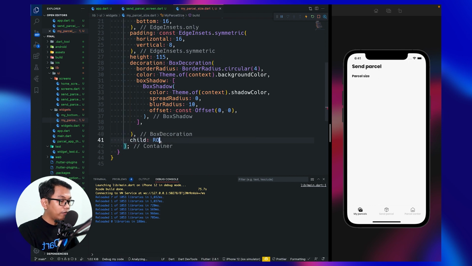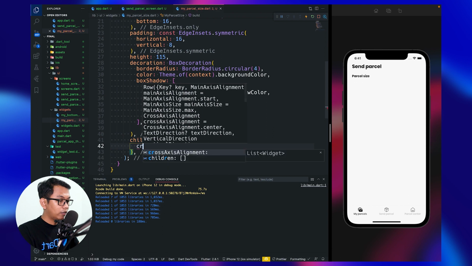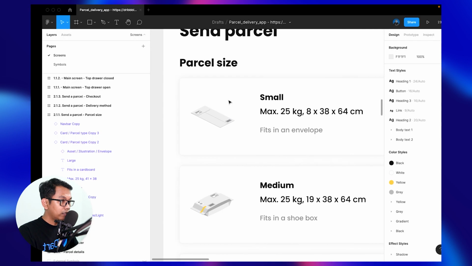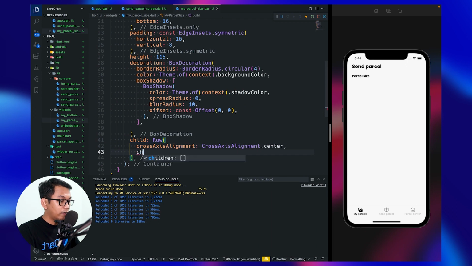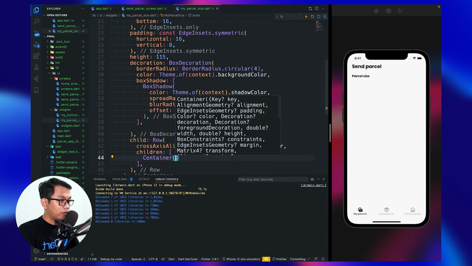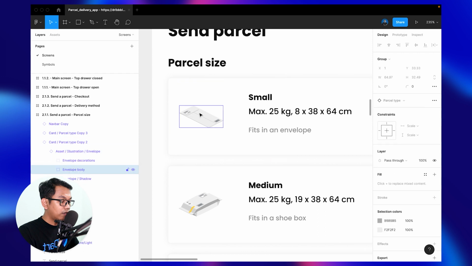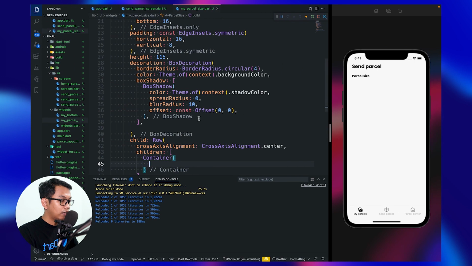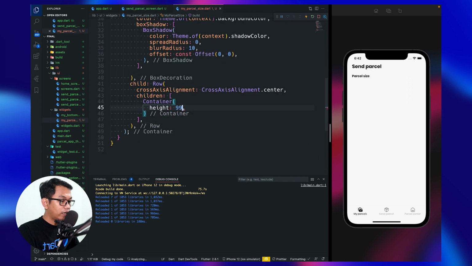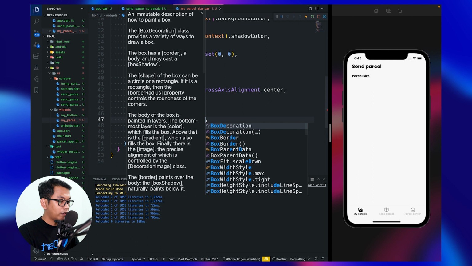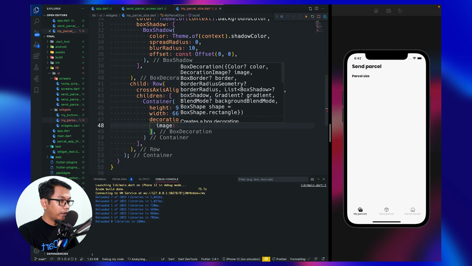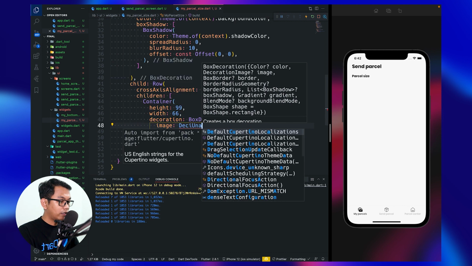For the child we use a row widget, and inside the row widget we say cross axis alignment center, and for children we use a container again. For our image it's 99 by 66. For decoration we use box decoration because we want to use the image parameter, and we use decoration image.